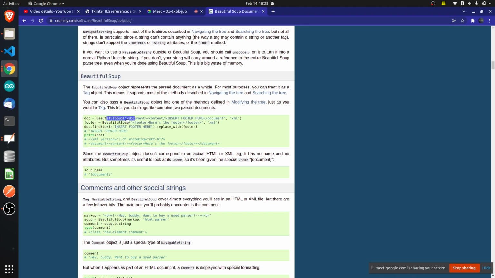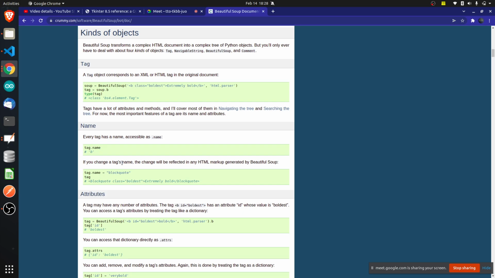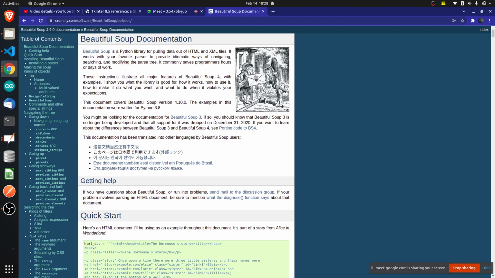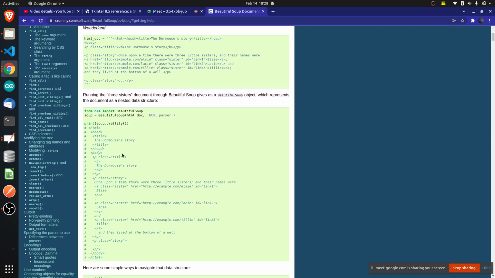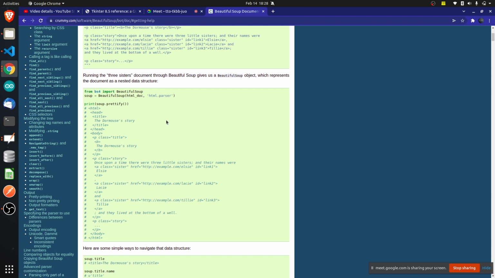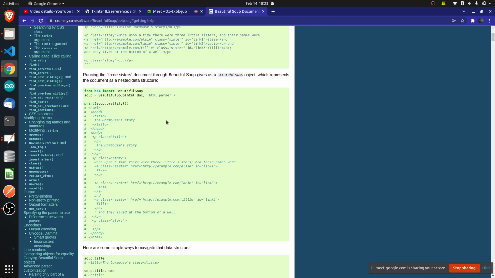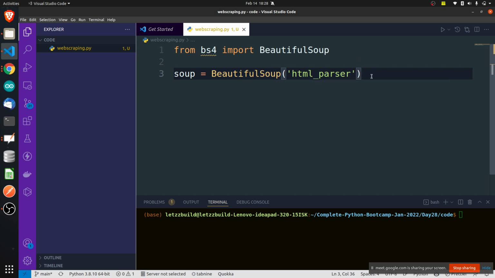The Beautiful Soup object we have created. Let's go to the Beautiful Soup documentation, quick start, running the document. We have to give the document which we want to parse.